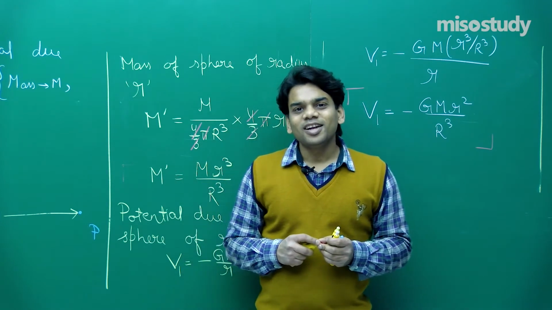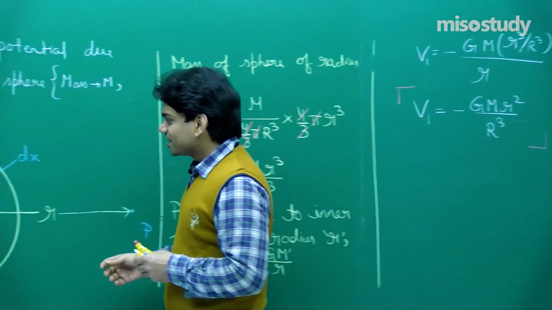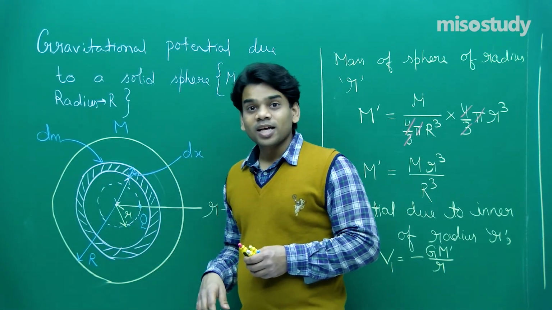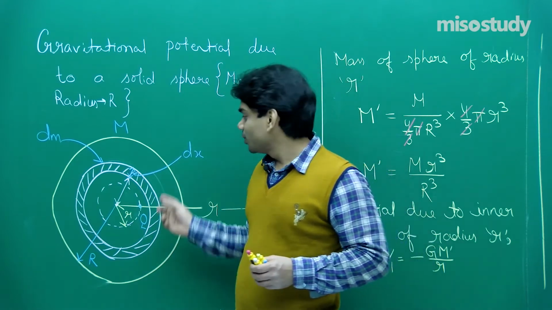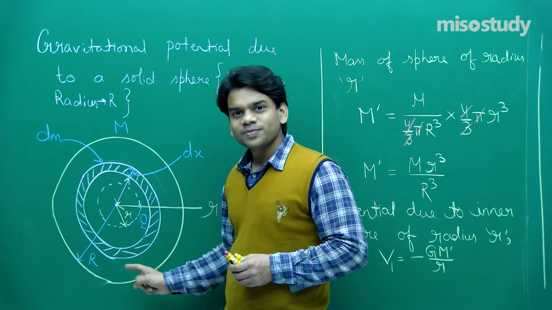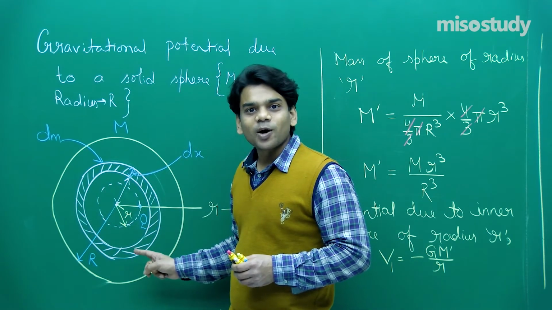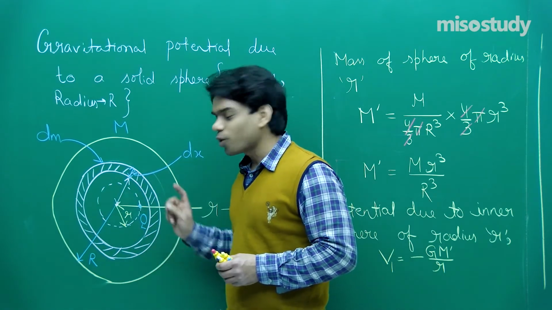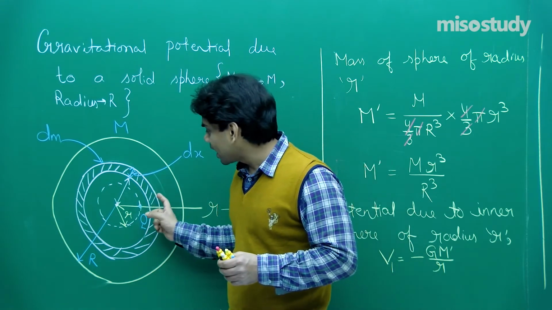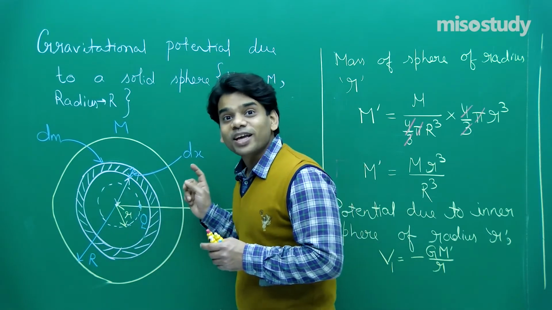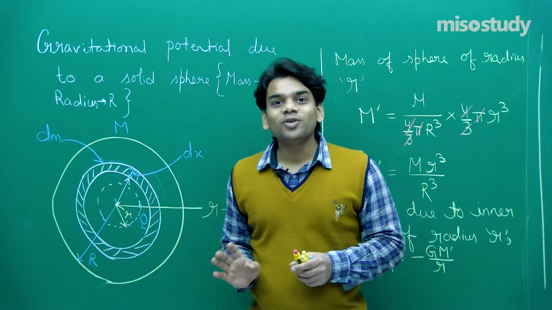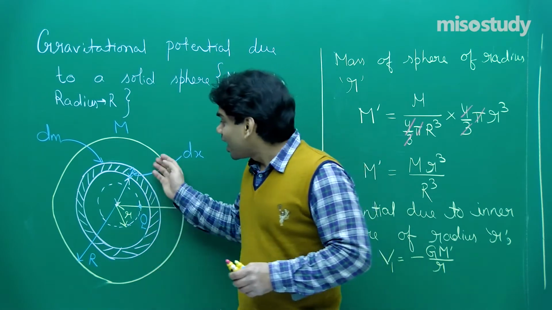This is one potential. Now the second part, you see here, this other portion of this solid sphere. What will be the potential contribution due to this other portion? Can we imagine a hollow sphere here? And then can we find out the potential due to this hollow sphere at this point Q? Then we can integrate such small potentials due to the entire portion by varying the radius of this hollow sphere from small r to capital R. Then we will get the value of potential contribution due to the other part of the solid sphere.